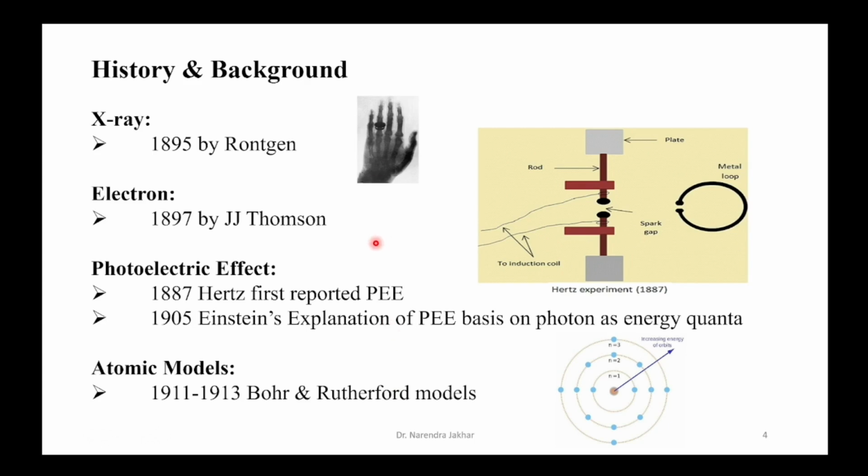So this is some historical background of XPS. Since XPS uses X-rays, XPS uses electrons, XPS is based on the photoelectric effect, XPS relies upon the atomic models provided by different scientists. So this slide provides an in-depth idea of who was who and what the different contributions among the different scientists were. So in 1895, Roentgen discovered X-rays, and this is a milestone discovery for material science and for